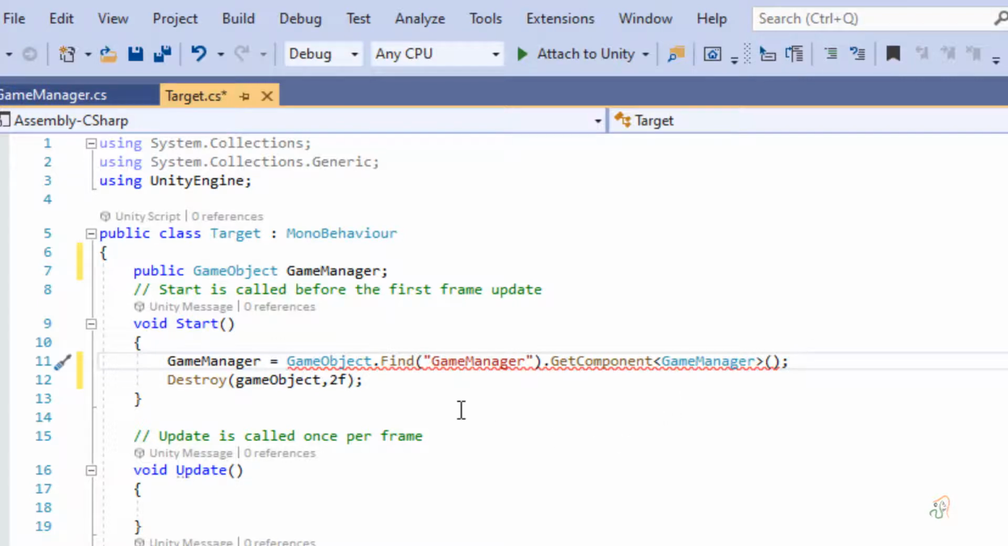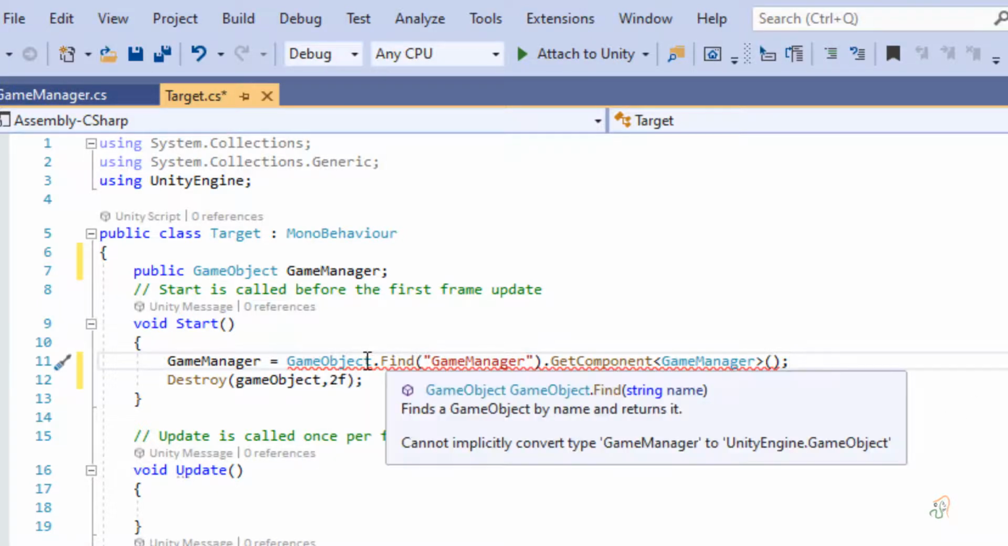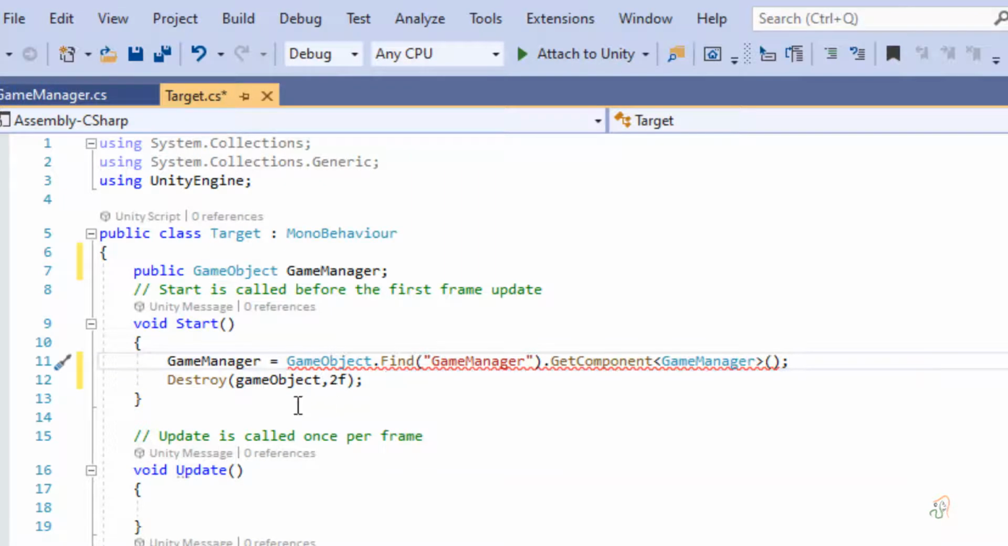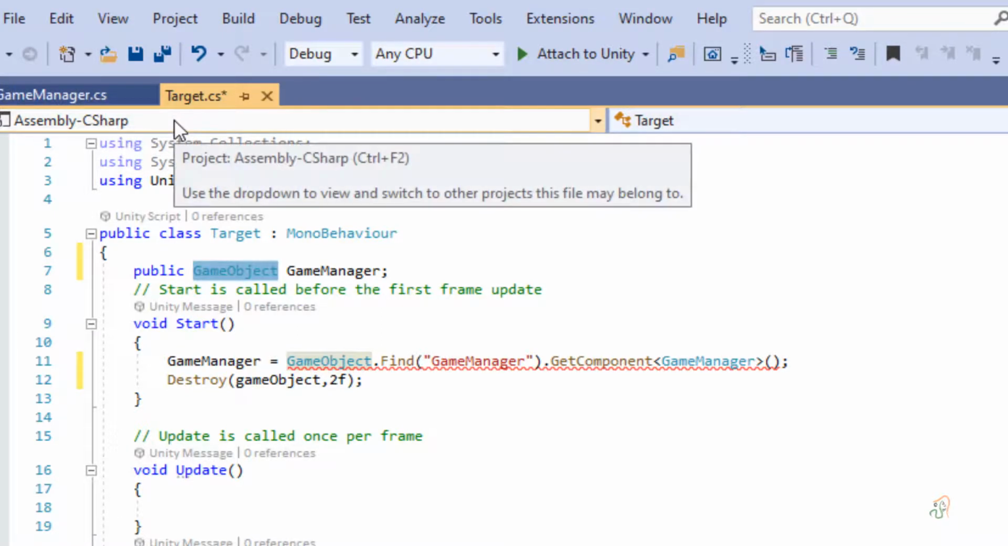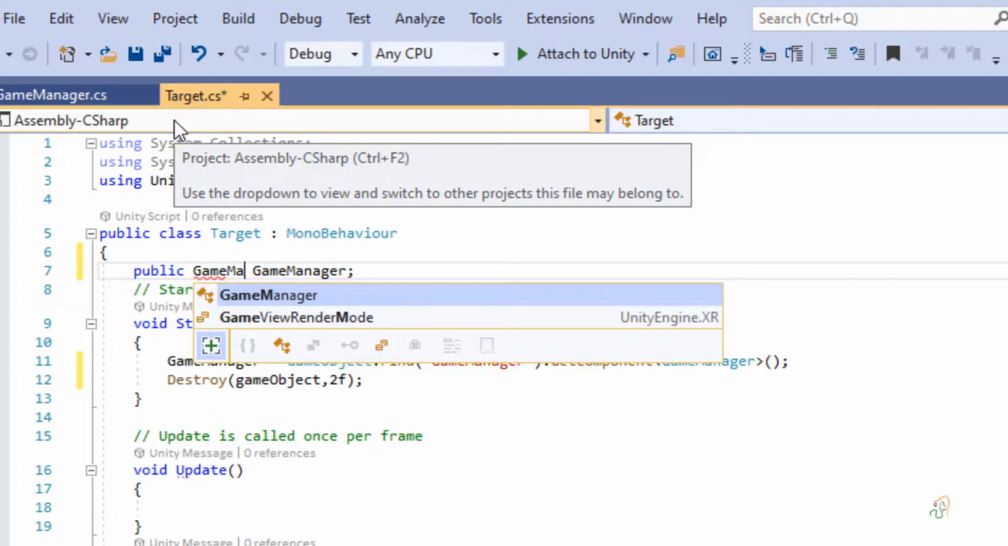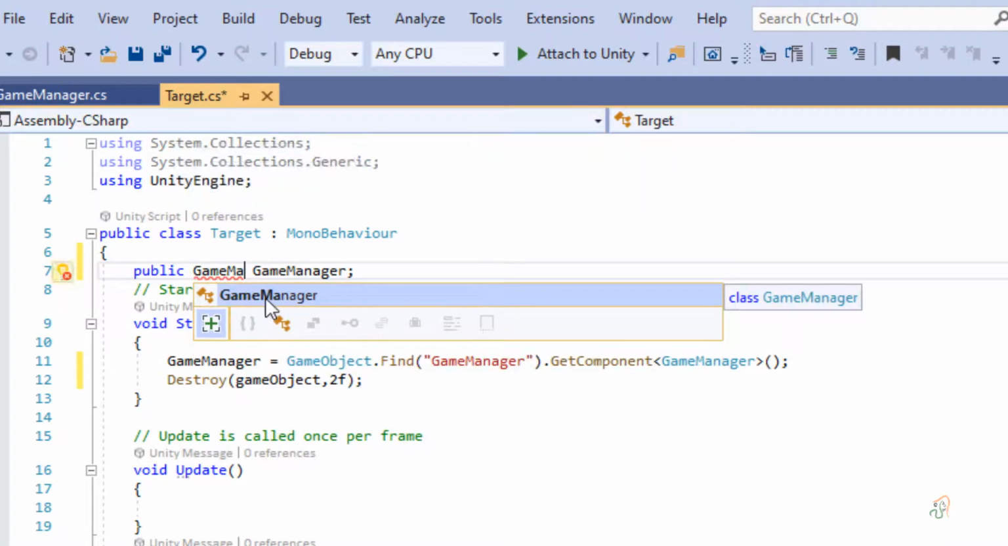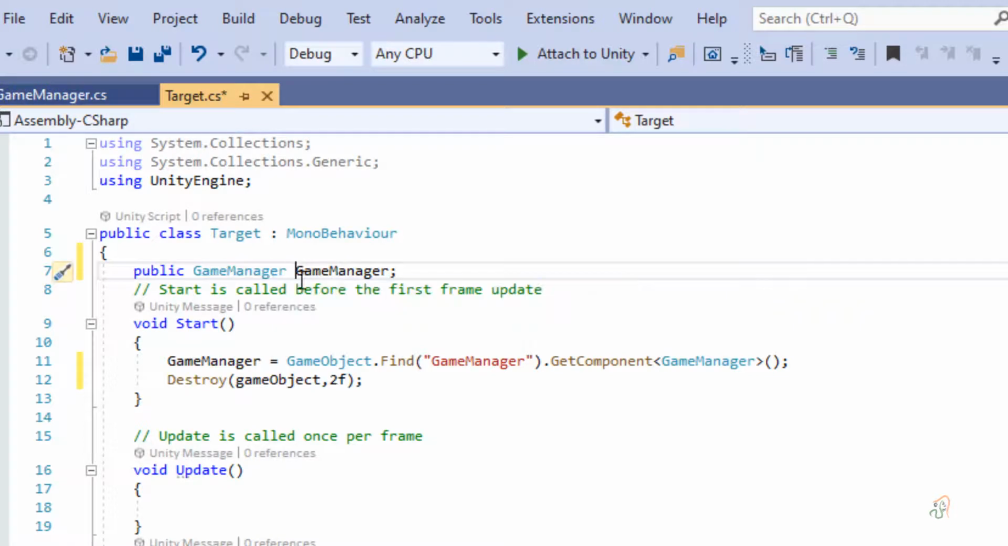But right now you are seeing an error here. The reason we are getting the error is that we have declared this as a game object, so we should not declare this as a game object. We have to make one modification here. Instead of public game object, we are going to give the name of this object itself, that is GameManager. We are going to name it public GameManager, and then in the second game manager